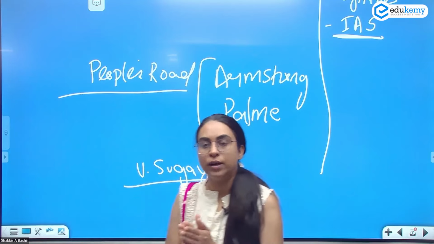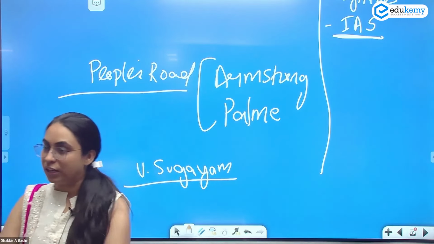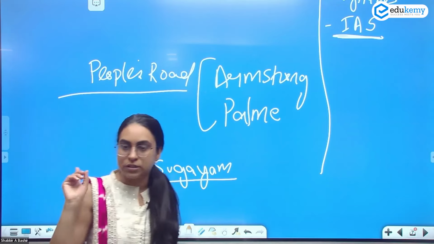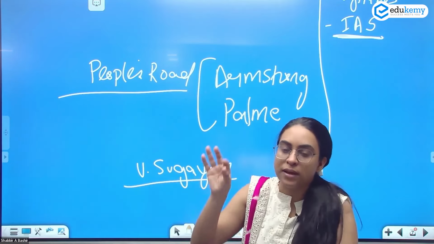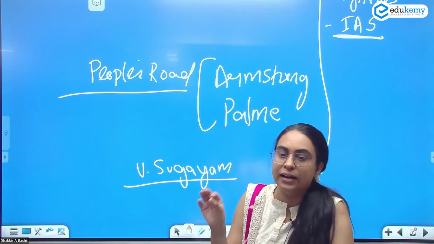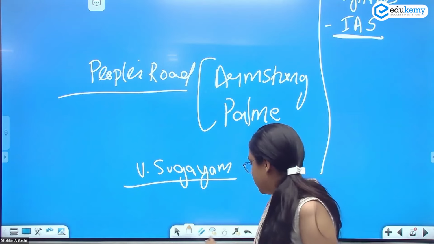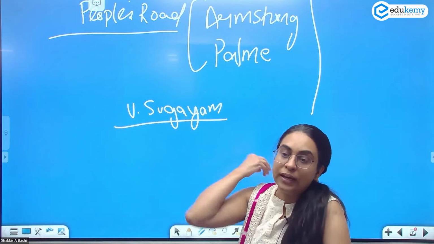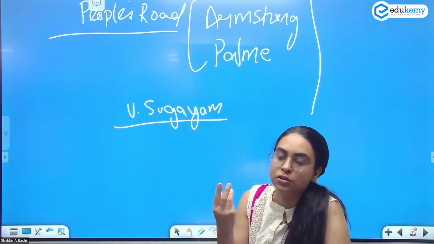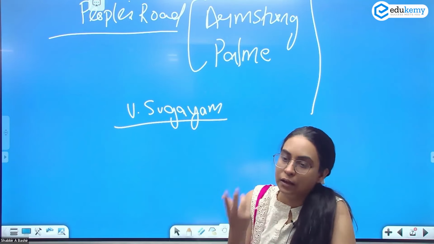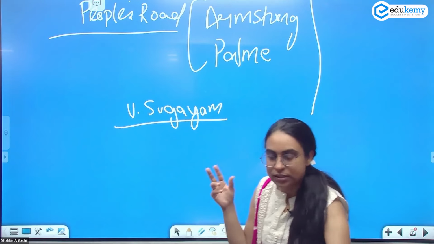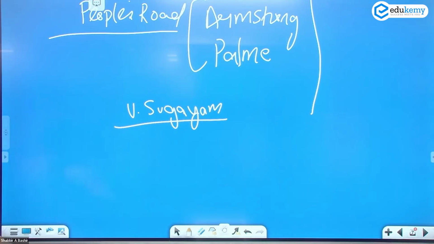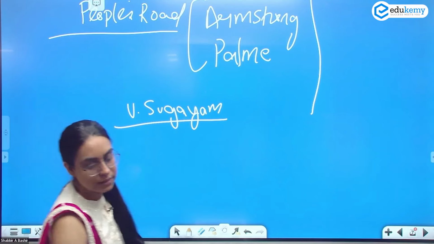Code of conduct rule. And even before the code of conduct rule was there, this person was the first person to make his assets and liabilities public. So even when this rule was not in the code of conduct, he was the first person to make his asset and liability public. Okay, so he's been very honest there, and he also has a non-tolerant approach towards corruption. So you can write, he is the first officer to make his asset public.